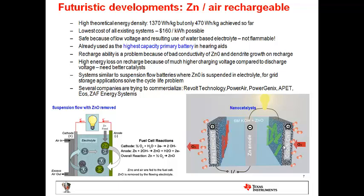The problem with grid storage is that you need a huge amount of energy for a very cheap price per watt hour. And all traditional battery chemistries don't come even close to the cost that is needed in this kind of huge energy storage application. What is used right now for grid storage is what is called pumped hydro, which is basically